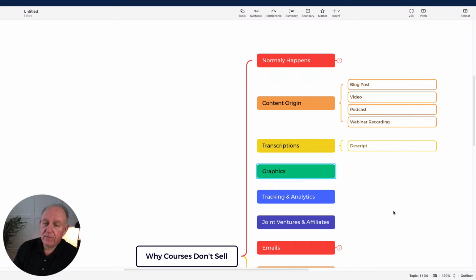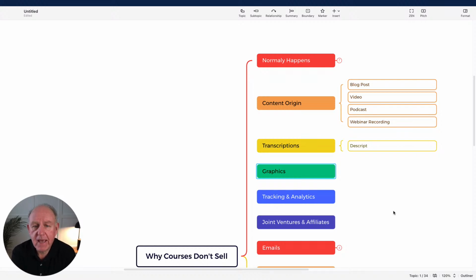So not only do we have to have content to do content marketing, we need all three types of content in this case. We need the text, the audio, and the video. The fourth piece that we're going to need is the visual graphics to grab attention. Now there's a whole bunch of tools for doing that. I use one called Snappa,